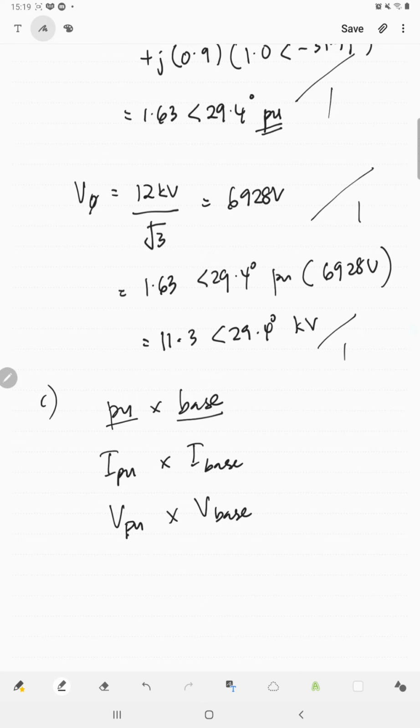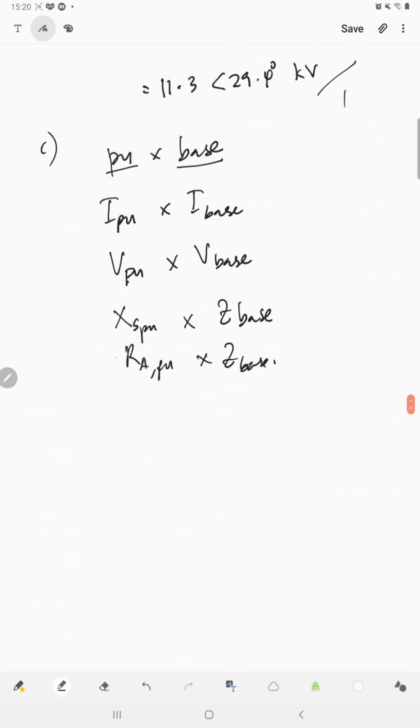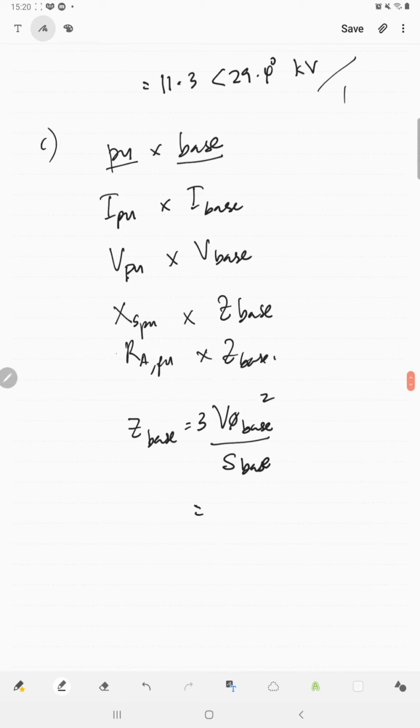If per unit is synchronous reactance or armature resistance, we always multiply with base impedance. Base impedance is 3 times V phase base squared divided by S base. Here V base is what we calculated just now, which is 6928, squared,